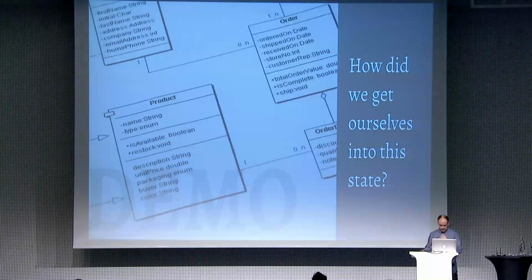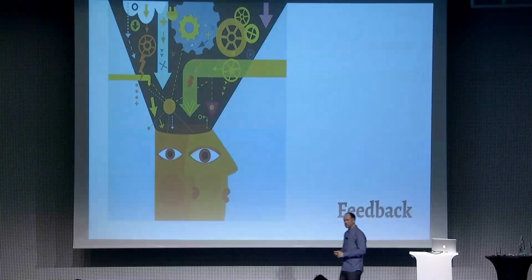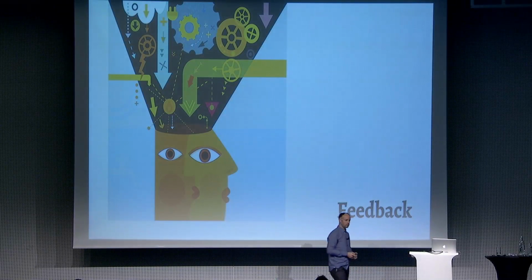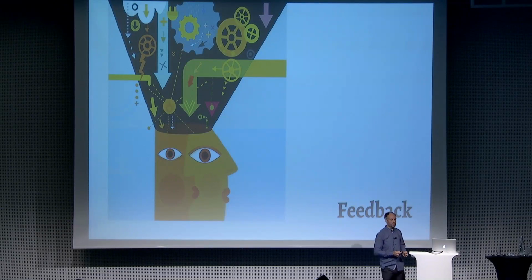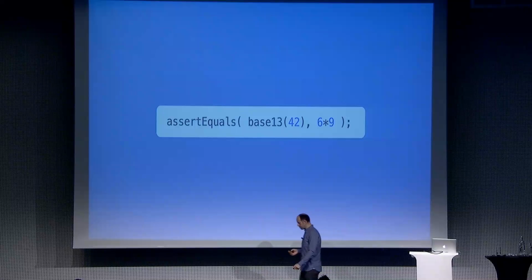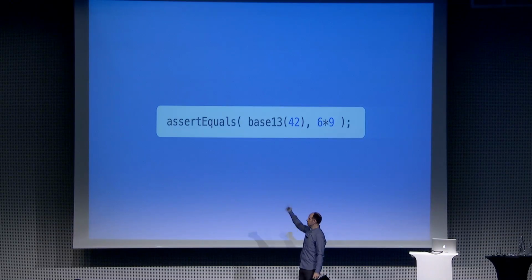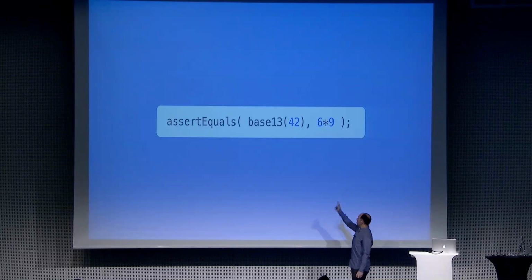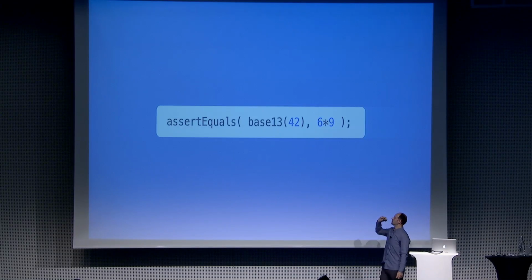Okay, right. And I'll talk a little bit more about feedback. I talked about it already, said how important that is, and some of the ways that Catch tries to do things a bit better. Let's just drill into that a little bit more. And I'm going to use an example from some other test framework. Most XUnit-based test frameworks look more like this, assert equals in this case. And we're going to imagine that we're going to call a function called base 13 that just takes its digits